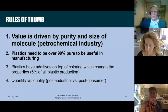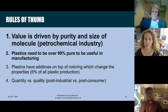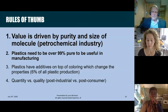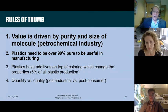A couple of rules of thumb when you're processing and looking at plastics, and it comes from the petrochemical industry, is that value is driven by purity and size of molecules. In other words, plastics need to be 99% pure to be useful in manufacturing. And that's key. Actually, China never stopped importing plastic. All they said is, the plastic that we're going to import has got to be 99.5% pure, which is impossible